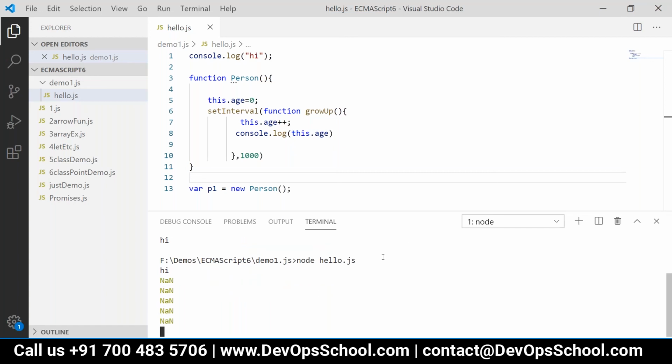Okay, so what is the problem here? Can anyone tell me why it is not showing 1, 2, 3 like that? The data type is not defined.